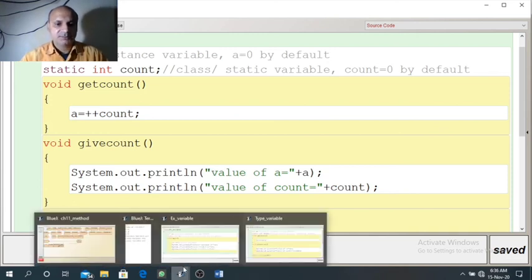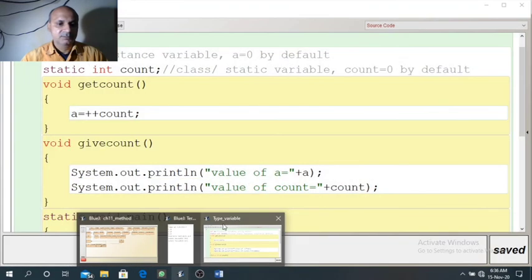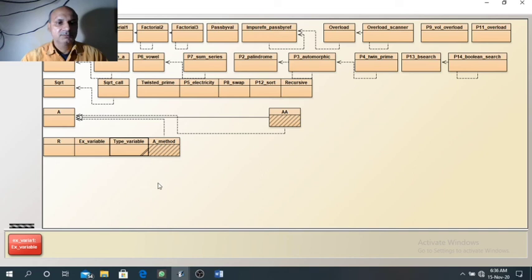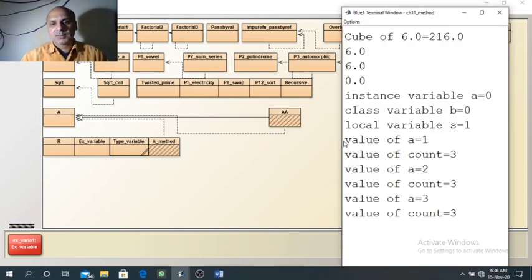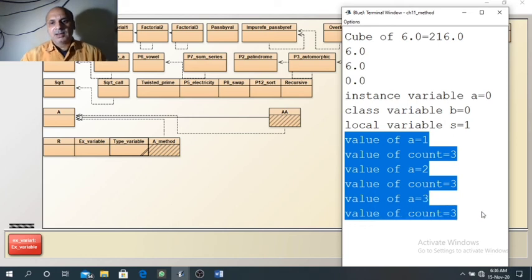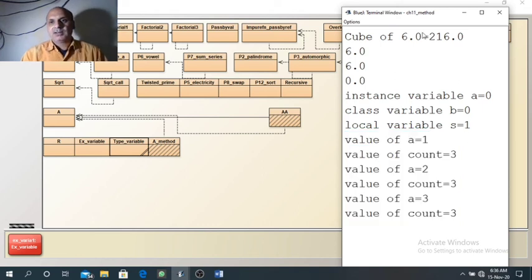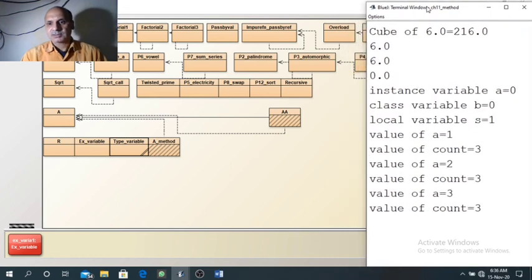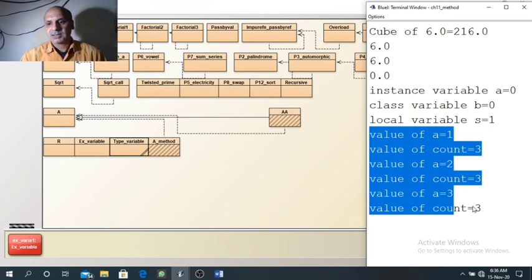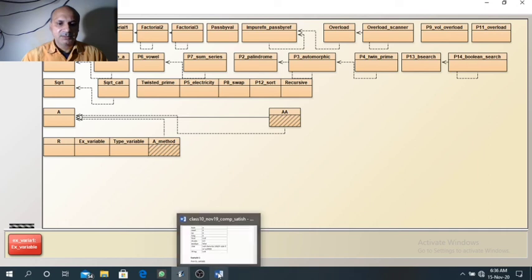Now if we run the program, you can see the value of a is different for all three objects. It is 1, 2 and 3, but the value of count is 3, which is shared among all the objects.